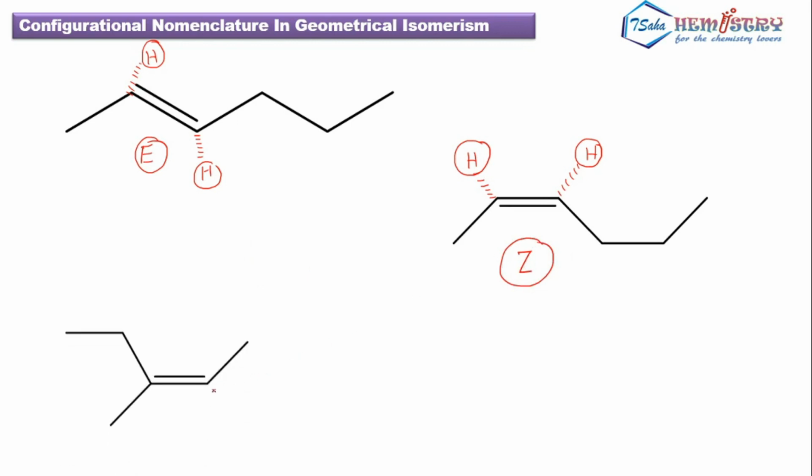Now looking at this particular example, here you have hydrogen. If you cut this whole molecule, next you have a methyl group over here and hydrogen over here. Between these two, methyl will get higher priority and hydrogen will get lower priority. Similarly, on the other side, methyl will get the lower priority and CH2CH3 will get the higher priority. So automatically this will get 1, this will get 2. So the senior groups are present on the same side across this double bond, so the configuration should be Z.